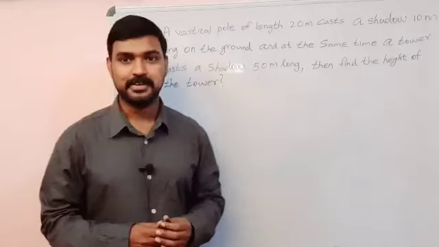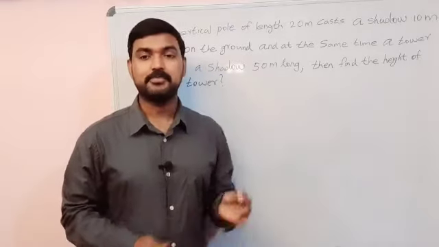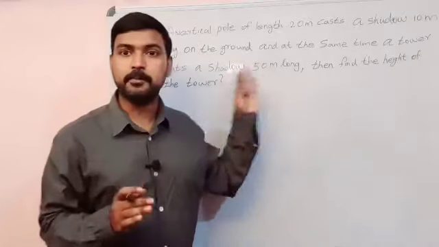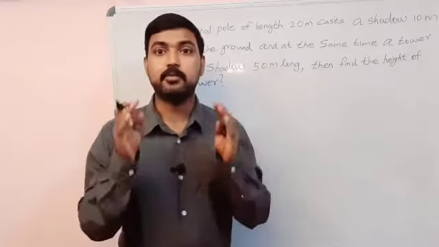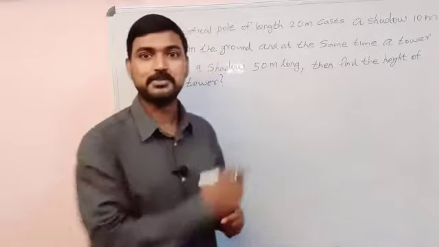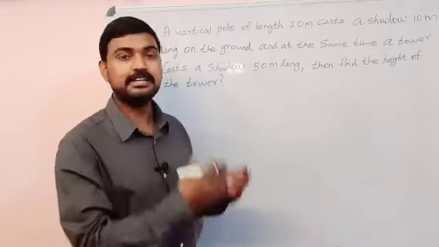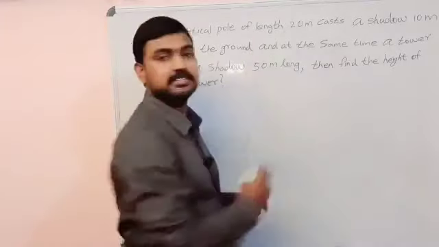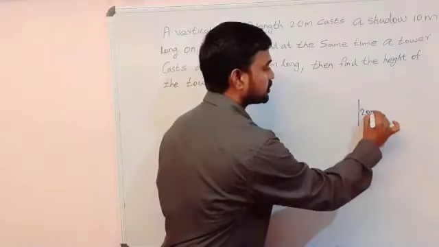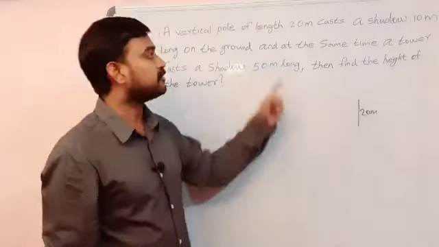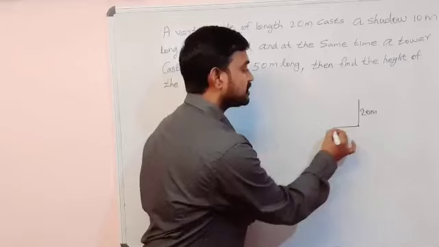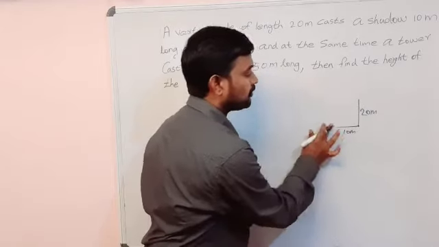That is the question. As we discussed in the previous question, we can approach this question by thinking of its pictorial meaning. Suppose you get a word problem, you just think about its word meaning and convert it into pictorial meaning. So based on this question, we can draw the picture. Here we can see there is a pole of length 20 meter. So we can mark a pole with a 20 meter height. And it says it casts a shadow of 10 meter. So on the ground, it is marked 10 meter for the shadow.